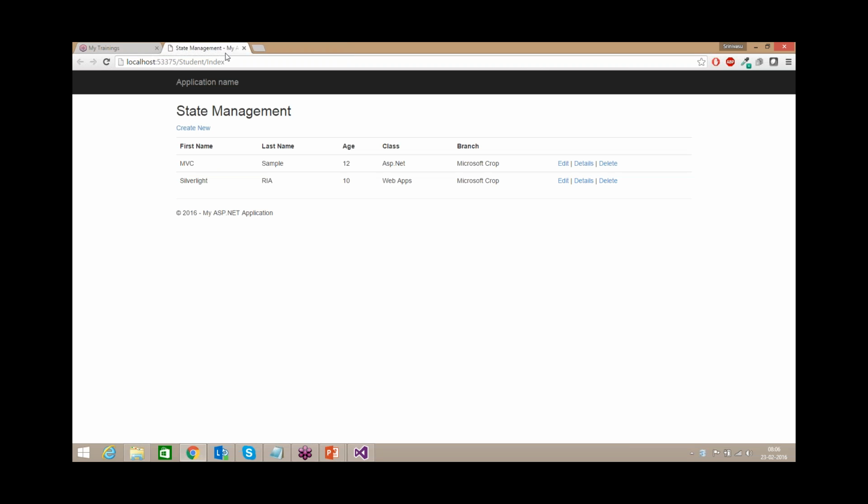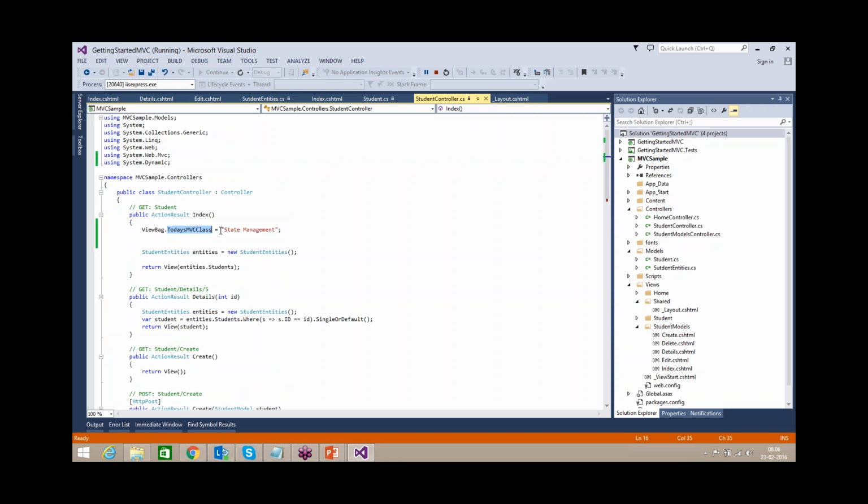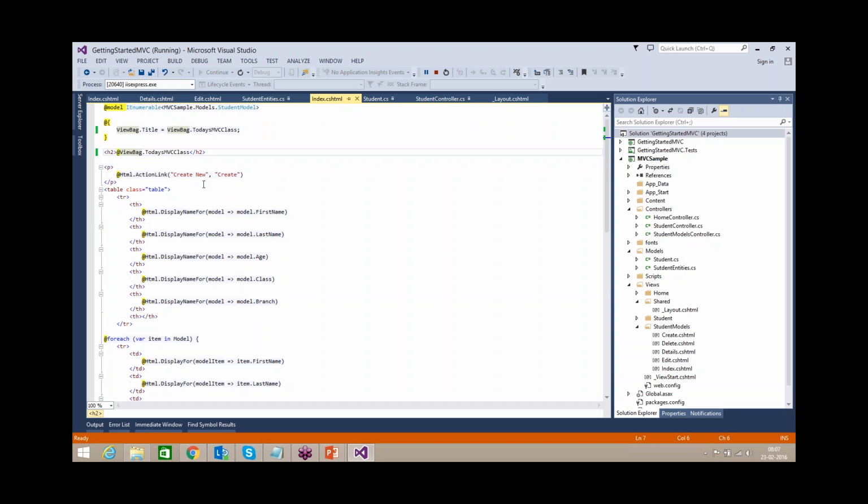So you can see state management, it came here. Okay, that's the advantage of viewBag, and you can give whatever value. So it can be objects, a list of objects you can use. Okay, or any object, you assign any object to this property. At runtime, the data type of this property will be resolved based on the value you are assigning. And the same way you write it here, viewBag dot the property name, the same property you can access in your view like this.